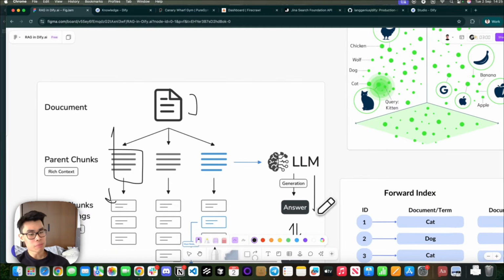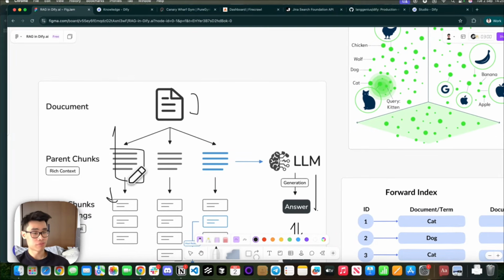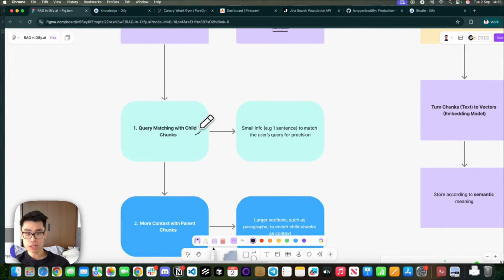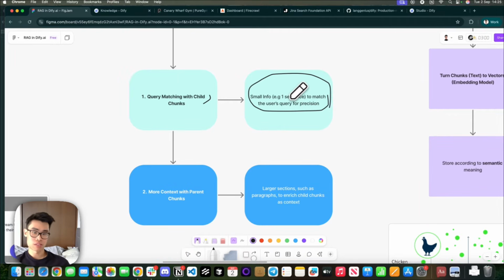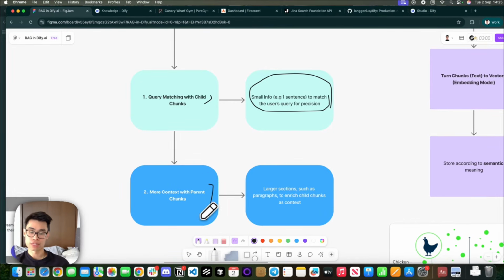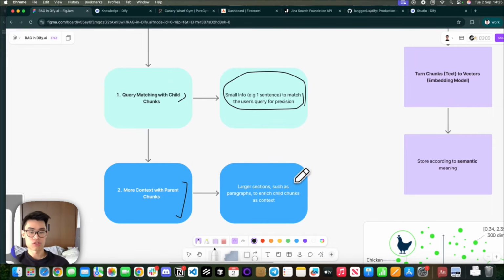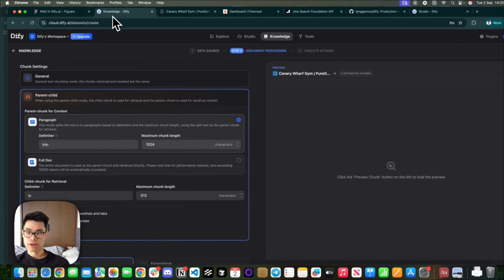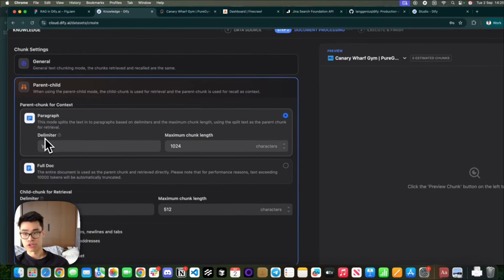And you can probably see how this is a better method. The first step is you query the chunking with the child chunks, which is more info to match the user's query for precision. It doesn't have to be one sentence, but you can control it however you like. The second step is context enrichment with the parent chunks I just talked about, using the larger sections or paragraphs to enrich the child chunks' context. So how it really works in Dify is you can select your parent chunk,